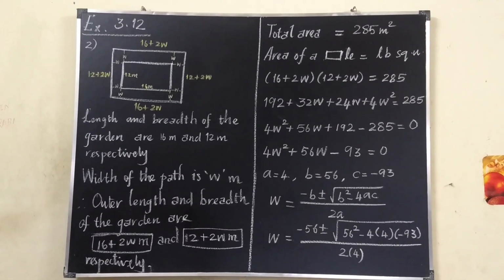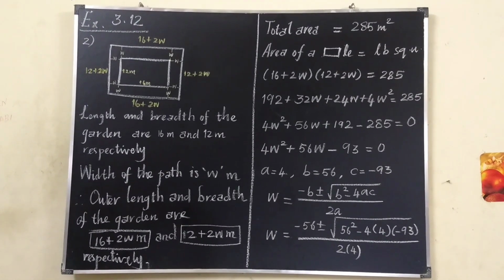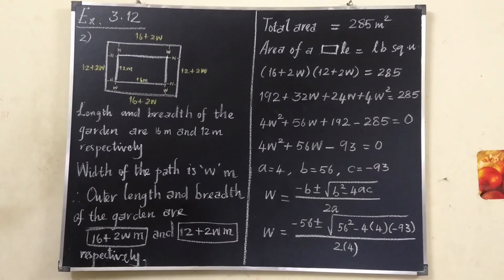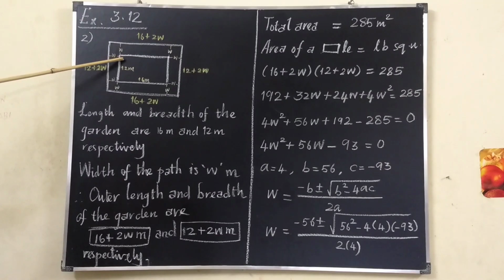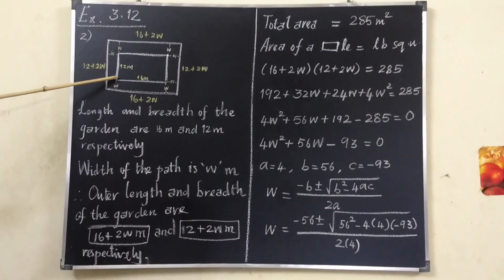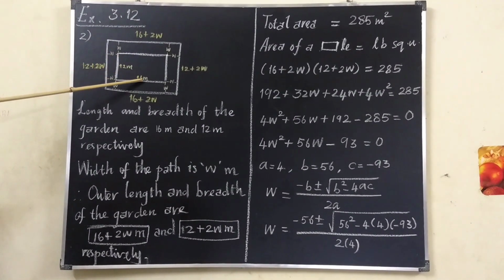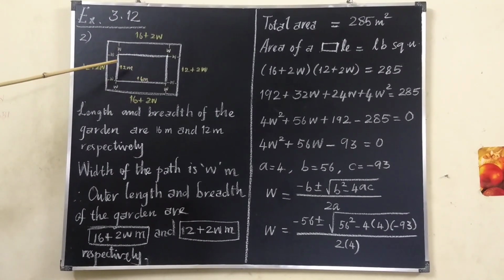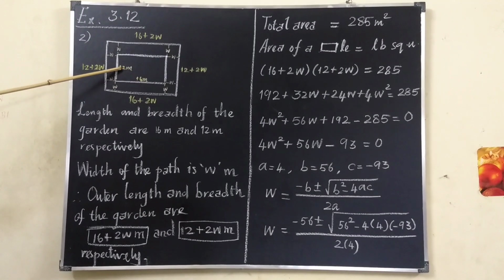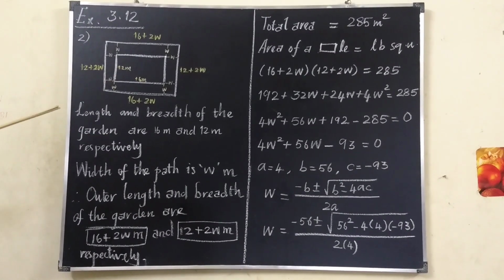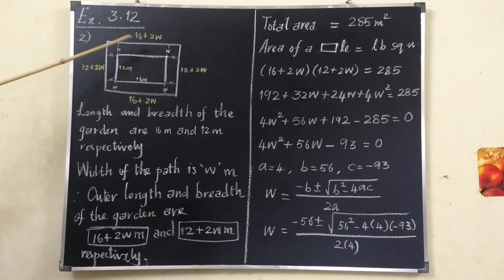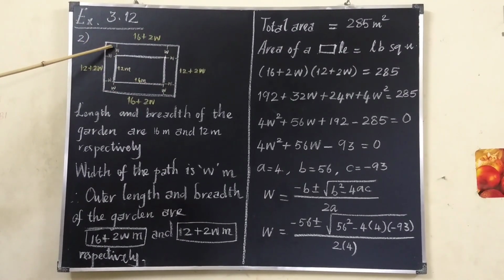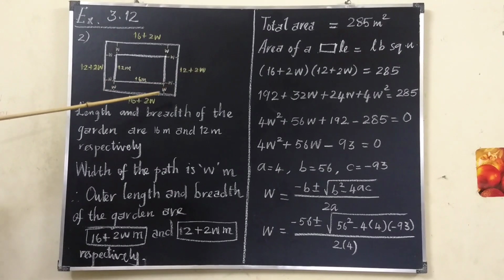Length and breadth are given. Therefore surely we can say that the garden is in the shape of a rectangle. Yes, the garden is in the shape of a rectangle. So take this as garden. The inner rectangle represents a garden. Its length is 16 meter, breadth is 12 meter. The inner rectangle represents the garden, which is 16 meter and 12 meter respectively. And let W be the width of the pathway. So on all the sides, the pathway measures equal width.